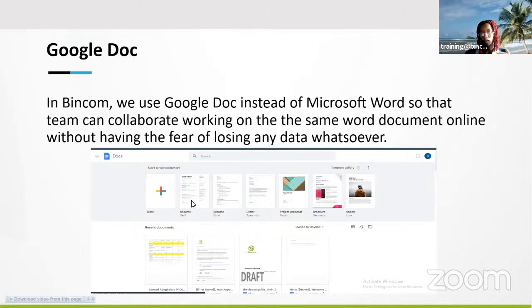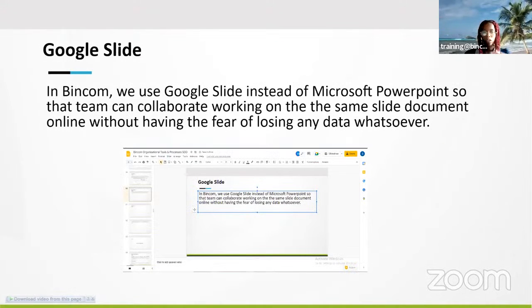You can actually draft your resume. You can draft letters, proposals, brochures, reports, meeting minutes, and so much more really using the Google Doc. You can see this is a sample of how the Google Slide is. Google Slide is what I'm currently using. And interestingly, you can now post animations on your Google Slide. So you have different sorts of animations you can use. You can just go to animate, click on whatever you need to click on. If it's the heading, the body, the template itself, or the canvas itself, you can then animate that.